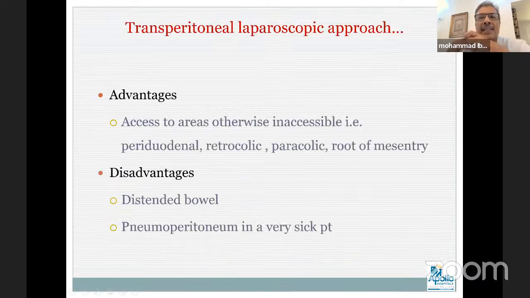The transperitoneal approach, that is conventional laparoscopy, what we do, the advantages are you can have an access